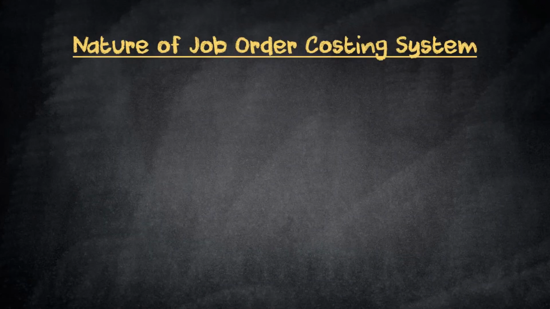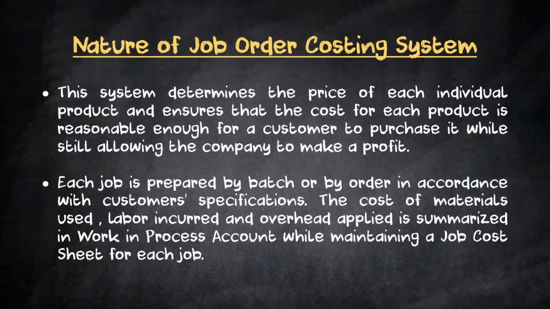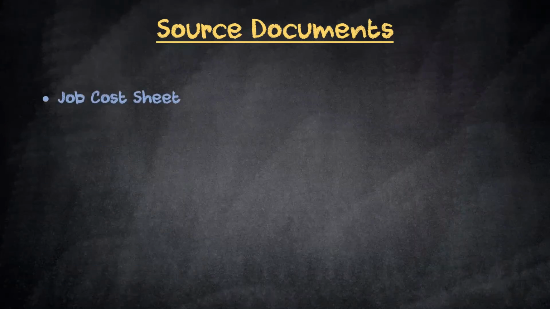So ano nga ba yung nature of job order costing system? So dito, malalaman natin yung cost per product according to customer specifications and makakapag-set tayo ng profitable price. Dito rin natin madedetermine kung magkano nga ba yung na-incur nating materials, labor, and overhead para ma-produce yung specific product na yun. So in a job order costing system, some source documents na we can encounter are, number 1, the